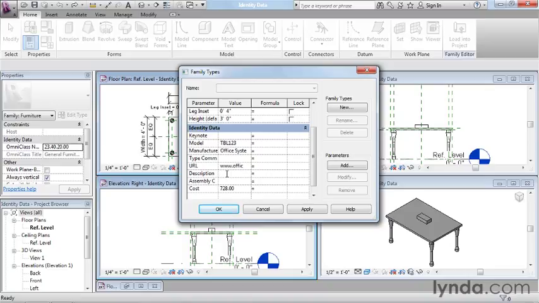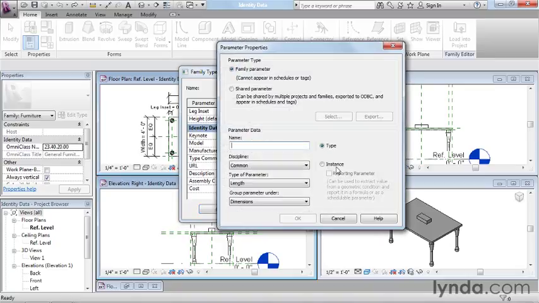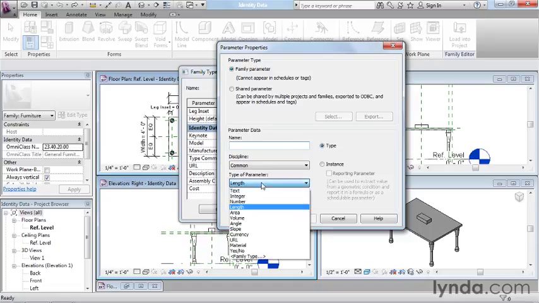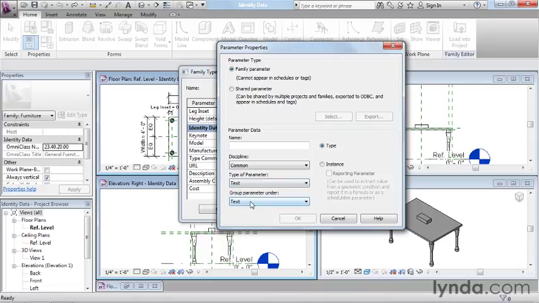So right in the Family Types dialog, we can actually add additional parameters. Now, previously when we added parameters, we did it from the dimensions directly on screen. But when I click Add over here in the Family Types box, I get pretty much the same window that we saw before with a slight variation. Previously, the type of parameter was filled in for us and it was grayed out. That's because we started with a dimension on screen. When you do it this way, you get to choose the kind of parameter that you want to create from this available list here. Now, I'm going to start with something really simple, just a text parameter,